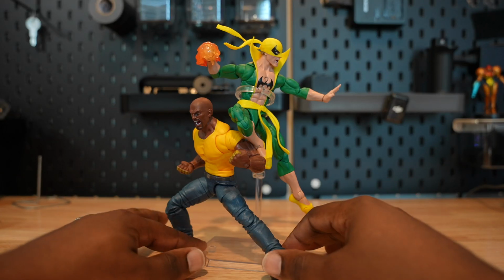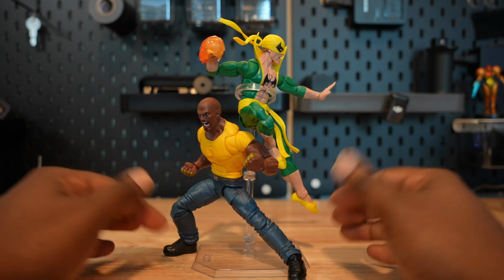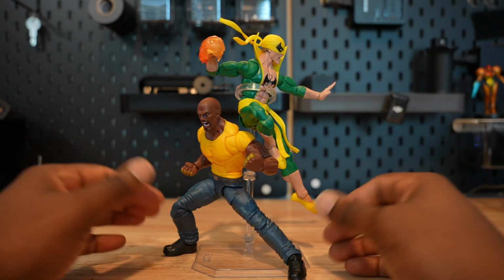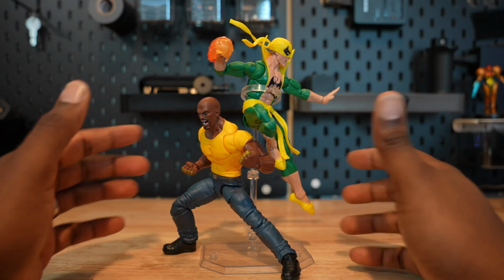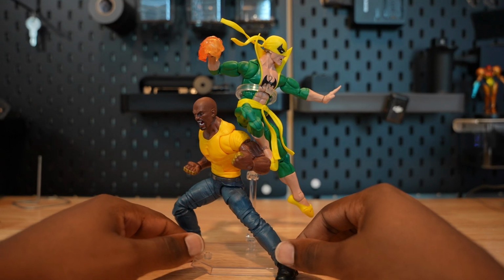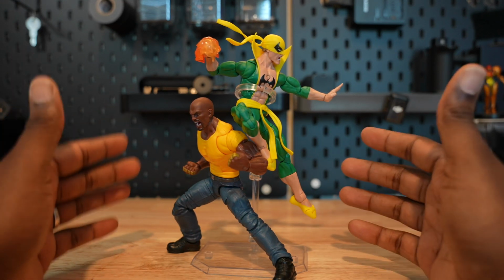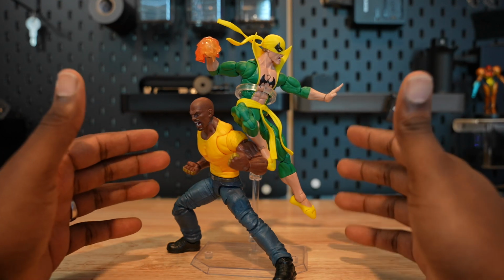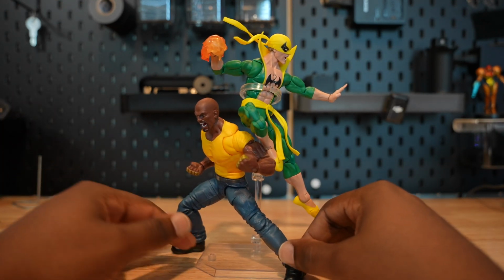All right, so my final verdict on these figures. Guys, these figures are amazing. This 2-pack just makes sense. But if I had to be real nitpicky, on the Luke Cage side, I wish they would have given an updated ab articulation. And on the Iron Fist side, I wish we got a little bit more love on the paint. The paint kind of seems basic to me. I wish we got a little bit more texture, a little bit more shading or something like that. But at the same time, they're both